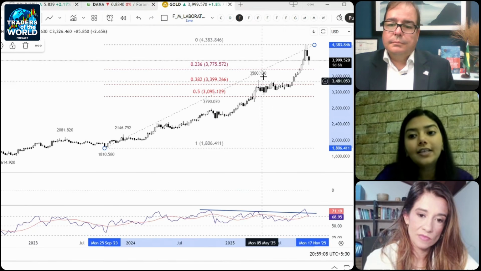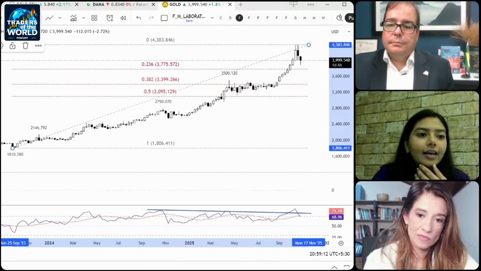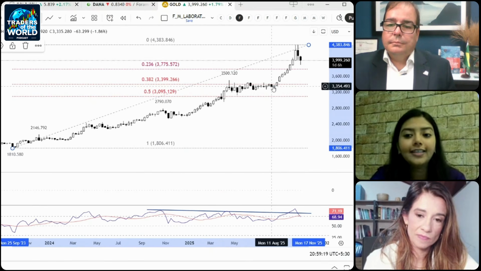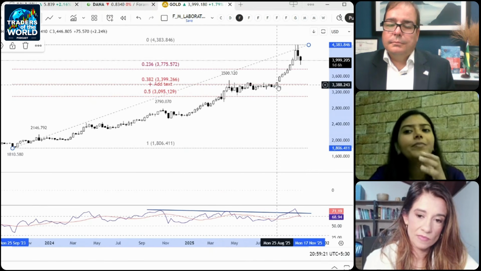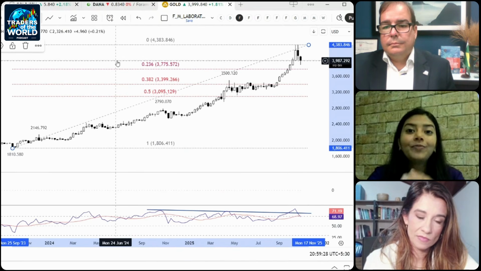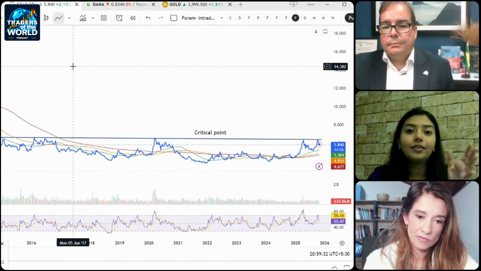And we see this kind of consolidation in the month of June, which was more, I would say, a pennant breakout. So again, very simple, classical methods used to analyze. And we can clearly see that, okay, it can retrace, it can retest those levels, but definitely the long-term trend remains bullish. Now, having said that, I would also like to show the relationship or the relative strength between